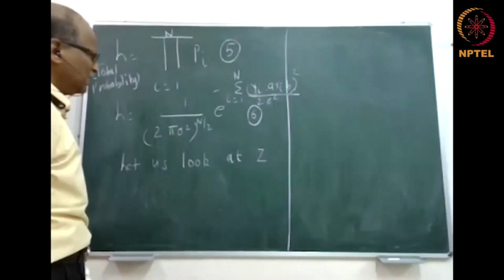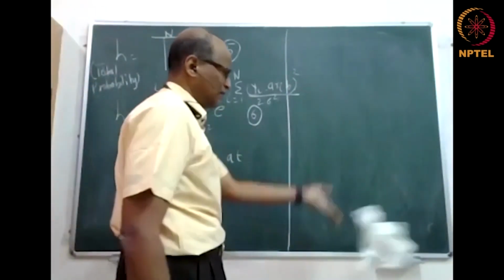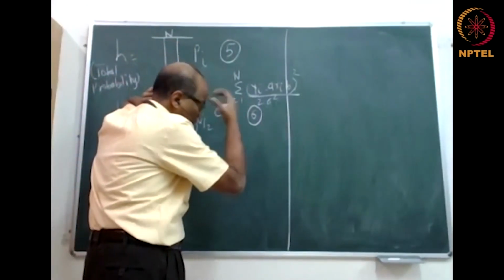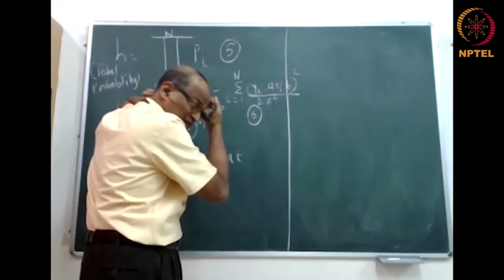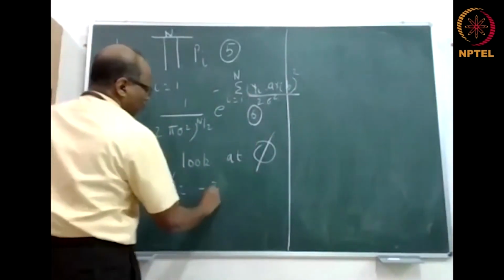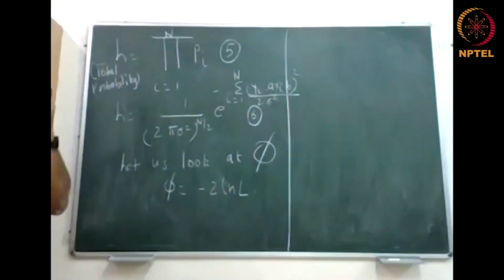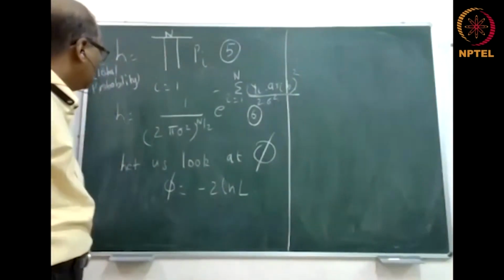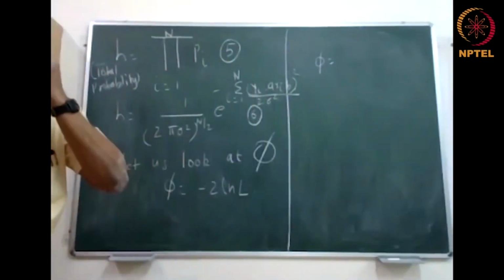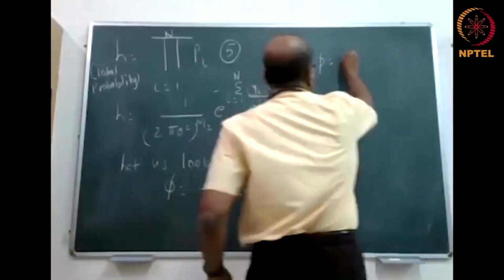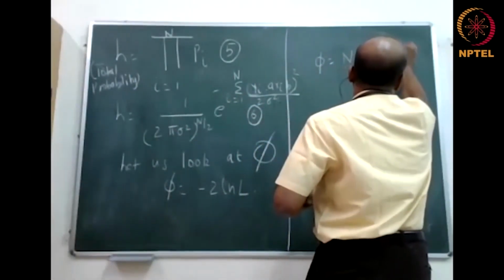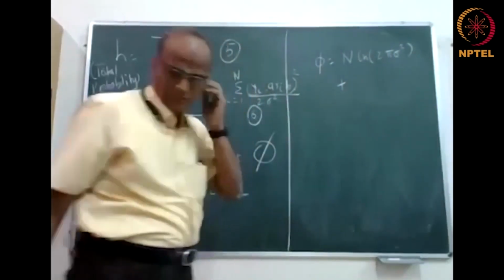Let us define some other symbol. Z is not a good thing, Z, Y and X are already used. Okay, I'll put some 5. Let 5 be minus 2 ln L. Just do minus 2 ln L. So therefore 5 will be equal to N ln 2 pi sigma square plus